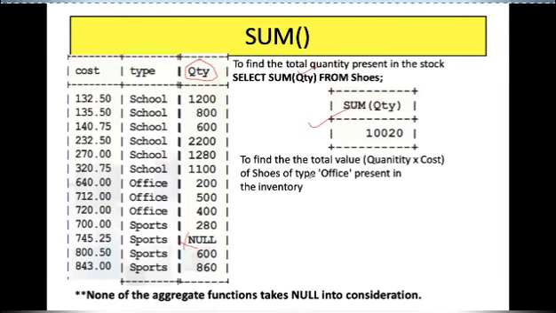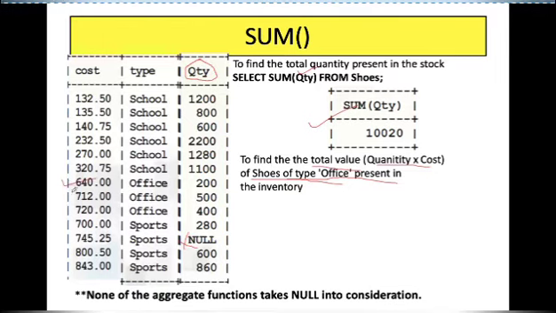Now let us see the next query, in which there is an expression, quantity into cost to be multiplied and then the sum calculated, because we want the total value of shoes of type office. Now there is one more restriction put on the implementation of the query. The query has to be implemented only on type shoes. That means where will also be required in this case.